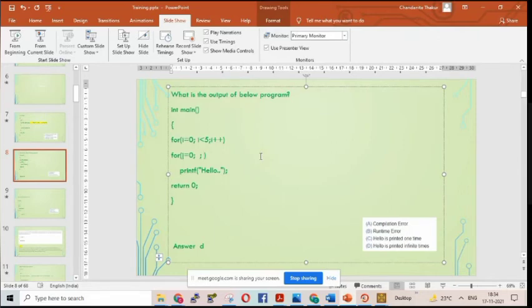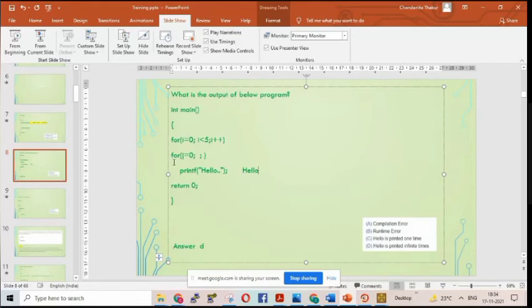So in this case, what will happen? Can you tell me? With i equals 0, control will enter the next line. What is there in the next line? j equals 0. Terminating condition is not there, so it is true. So what will be printed for the first time? It will be printing hello.